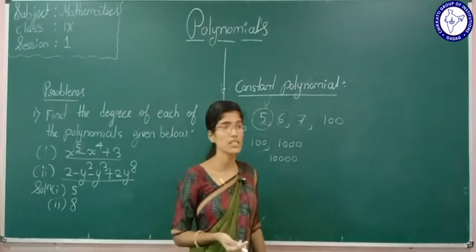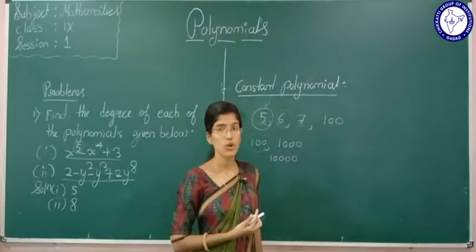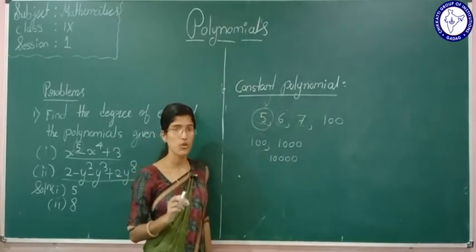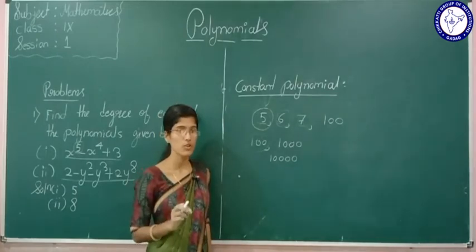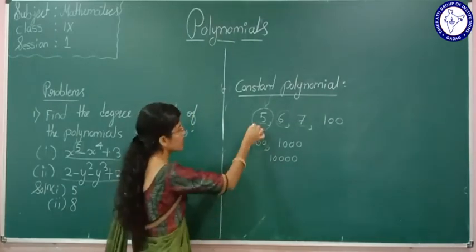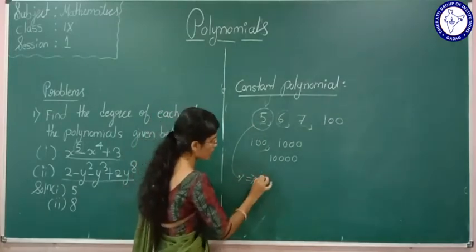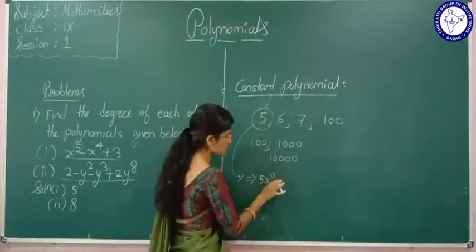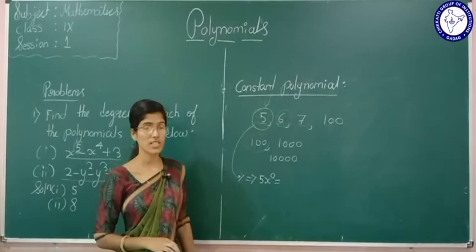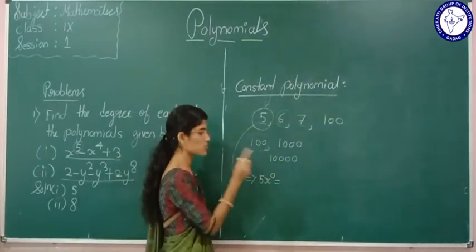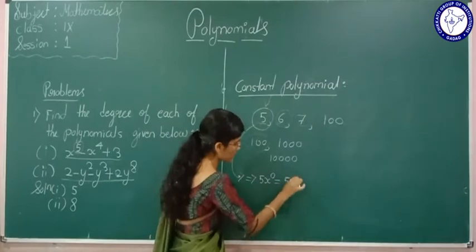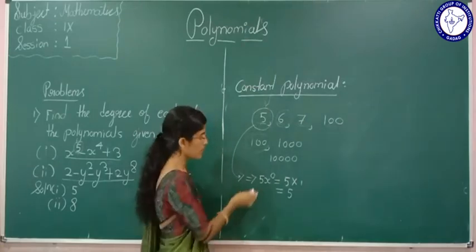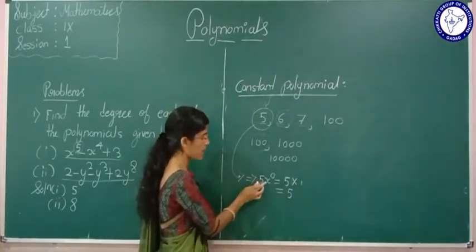And then the question arises, what is the degree of this constant polynomial? See here students, you have to remember, the degree of the constant polynomial is 0. See here, this pi can be written as pi x raised to 0. Yes, and you have learnt last year in the chapter of exponents, anything raised to 0 is 1. Here see, 5 multiplied by x raised to 0 is nothing but 5 times 1. 5 ones are 5. Now I can write 5 as 5x raised to 0.